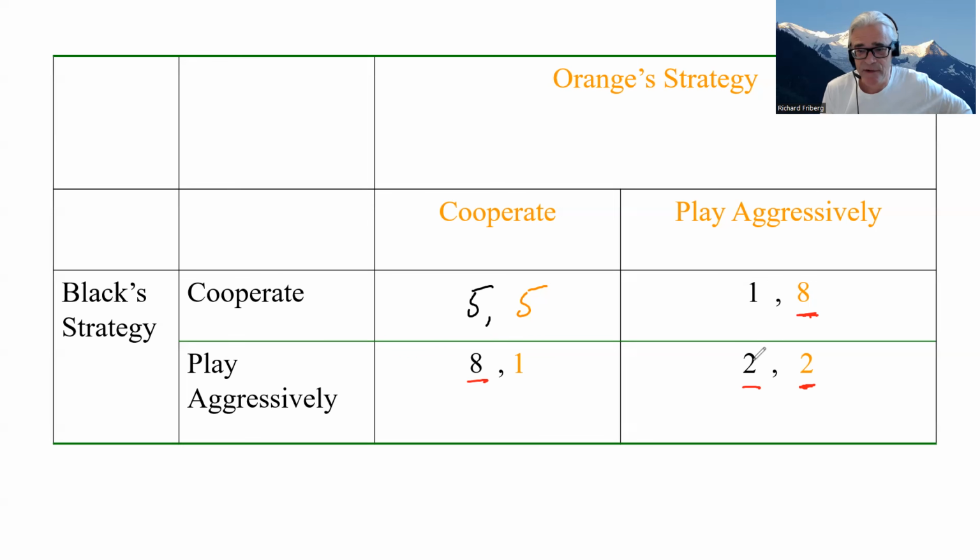So they wouldn't want to unilaterally deviate. If orange is playing aggressively, black will not do better by cooperating as well. It would instead be decreasing its payoff, or vice versa. For orange, there's no incentive to deviate from playing aggressively if it is the only one doing so. So unilateral deviations are not profitable in this Nash equilibrium. But if they together could both deviate and play another, that could be possible. Okay, so here we have a unique Nash equilibrium. There's only one such cell